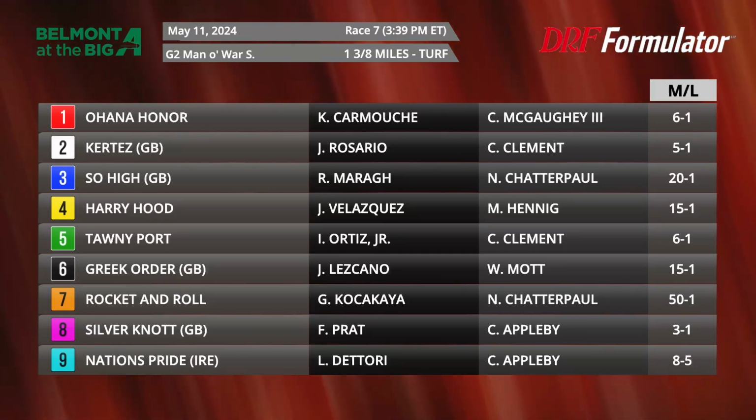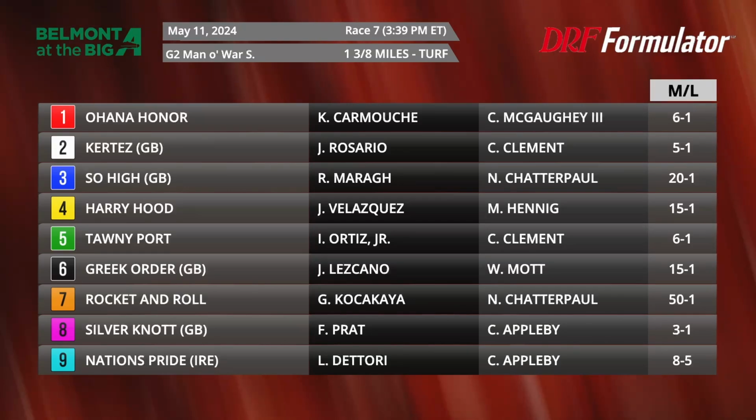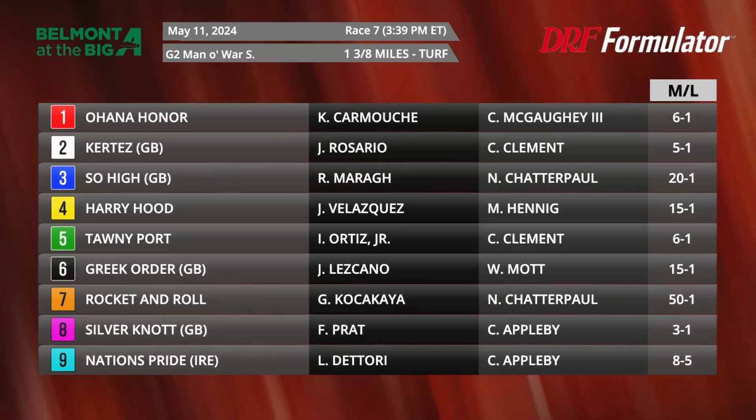The number 8, Silver Knott, actually coming off a victory in the United States when he won the Grade 2 Elkhorn last month at Keeneland. The number 9, though, Nation's Pride, feels like the one coming in with the most back class. He was the winner of the Grade 1 Canadian International last year, had plenty of success in New York as a 3-year-old back in 2022. So those two feel like they're going to be a formidable presence in this Man o' War,